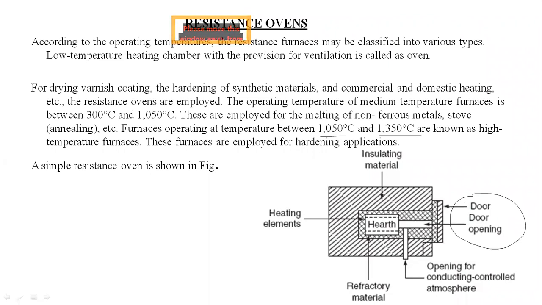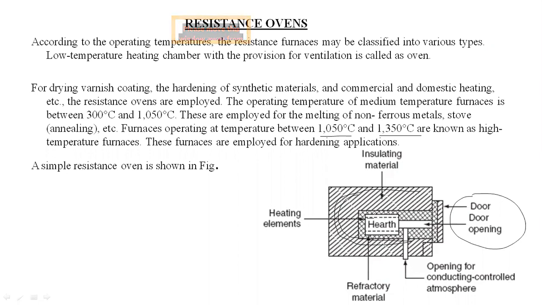So the lines outside, as shown, are nothing but an insulating material, which is used for protecting from the high temperatures. The dotted lines are nothing but your heating elements placed there, this is the resistance wiring. So you open this door and place the substance between these two heating elements, and electricity is passed through these heating elements.